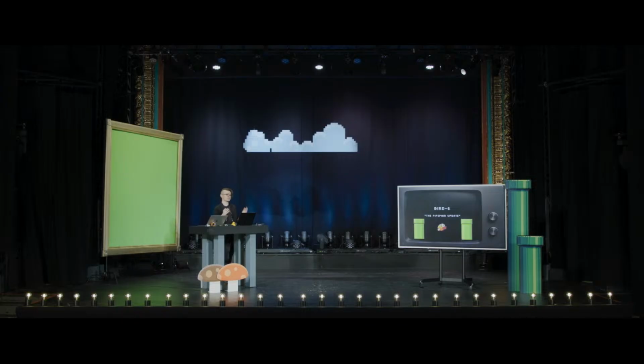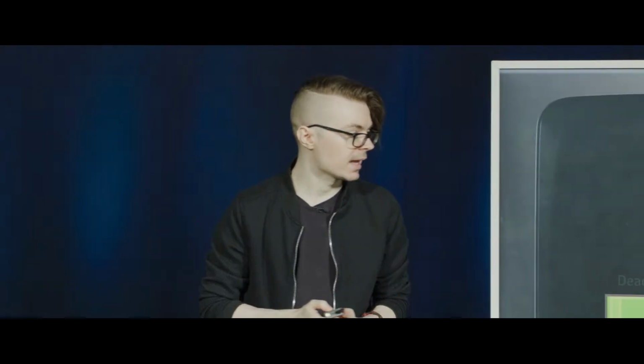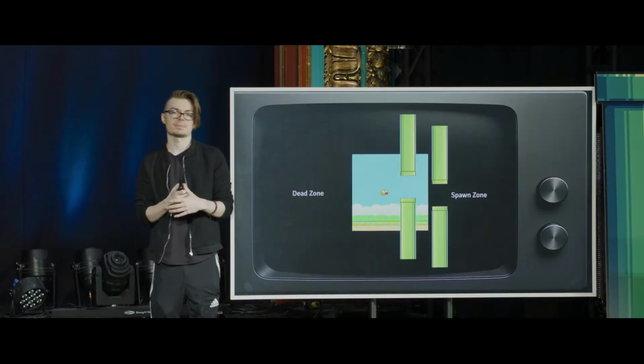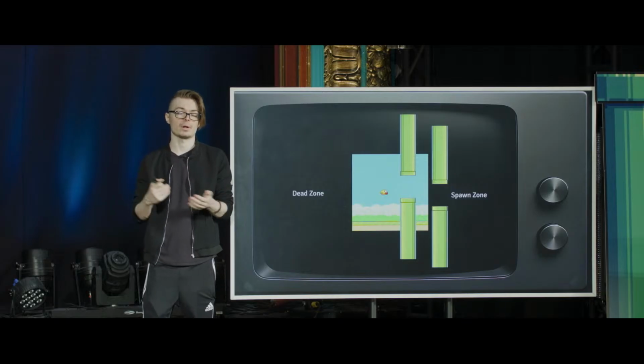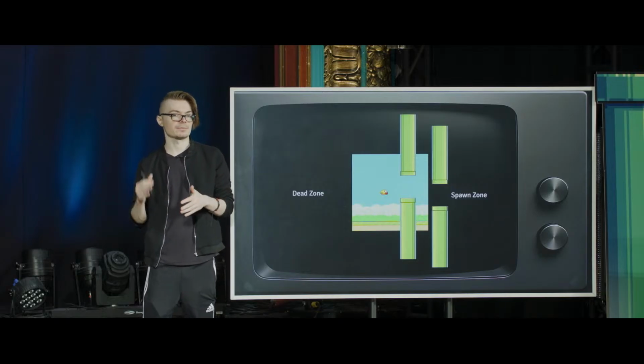So that was infinite pipes in a nutshell, and we do have some more work to do to get us to the full Flappy Bird aesthetic. And so that brings us to Bird 6, which is the pipe pair update. This might be one of the more interesting and important aspects of this particular repo, because that's what ultimately determines the game itself overall. The game would be pretty easy to play if all you had to do was jump